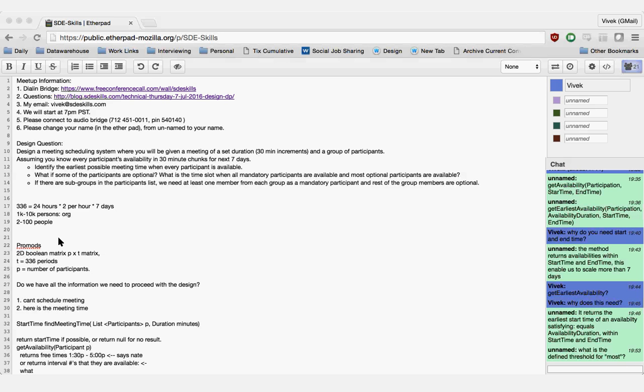That is the ask. Now, if Nate was saying that we would be able to combine all the users and deal with that, the problem with the combining approach is that let's assume only one quality assurance engineer is available for the first 30 minutes. The second person is available for the second 30 minutes, the third person for the third 30 minutes, and the fourth person for the fourth 30 minutes. If that happens, and you do a union of everything, you will think that somebody is available, which is not true. The intent here is that when somebody is available, they are available for the entire meeting. Otherwise, they are not available.